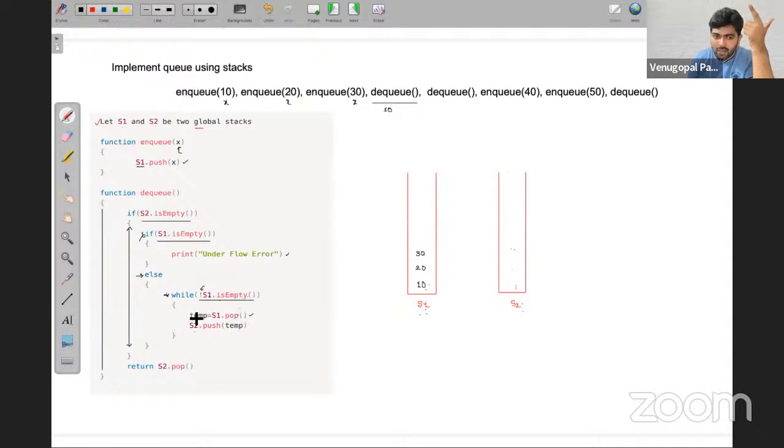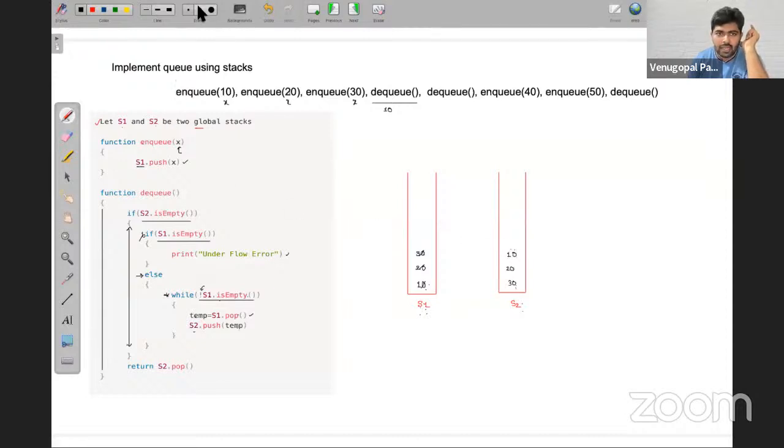So one by one elements from S1 are added to S2.